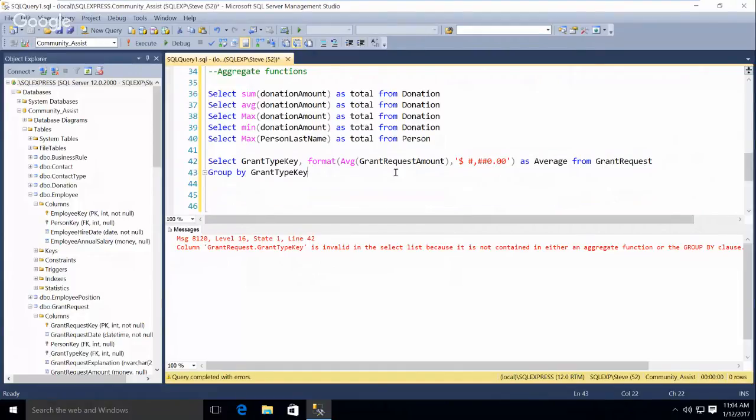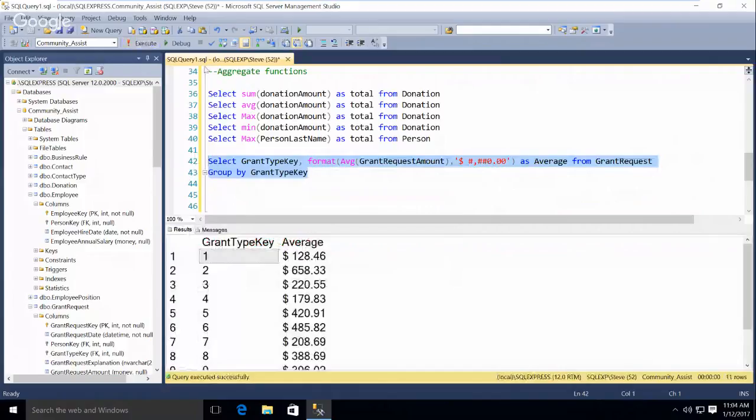Let's look at that. The average request for type 1, which is food, by the way. I'm avoiding inner joins because we'll do that next. The average for grant type key 1 is 128.